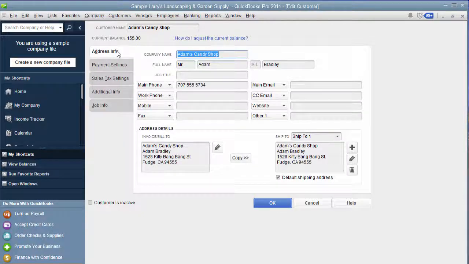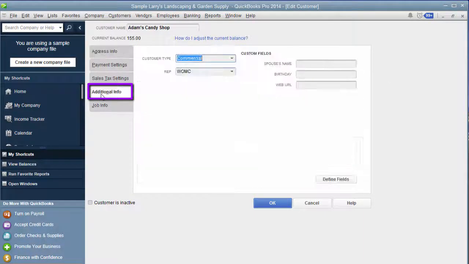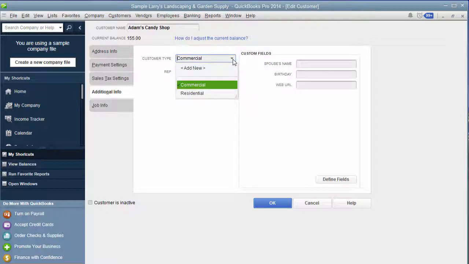So I want to go back up here real quick. You'll notice you can either do this as you're adding customers or after you already have customers in there, you can go in and make adjustments. So you're going to click on Additional Information and you'll notice that there is customer type, and what's automatically in here, because this is a QuickBooks sample file, is commercial and residential because it's a landscape and garden company. So most likely you may have some in here if, when you set up your data file, you selected a chart of accounts that also included this, or you may not.